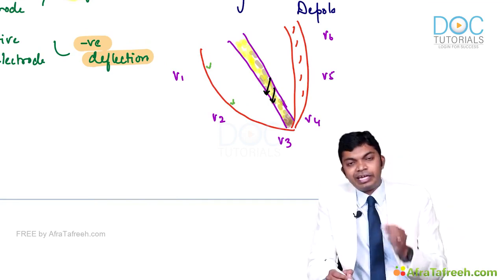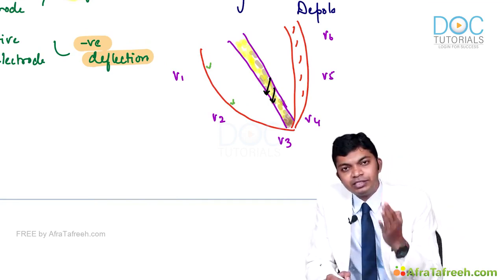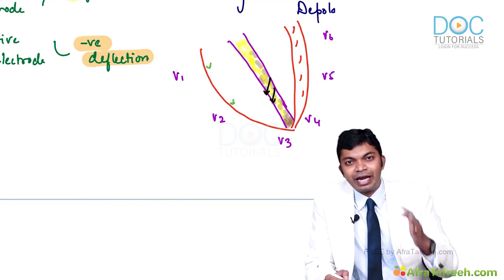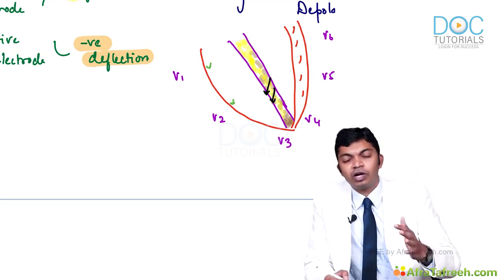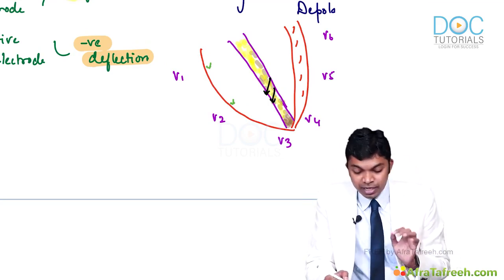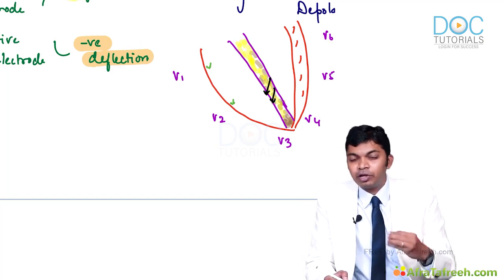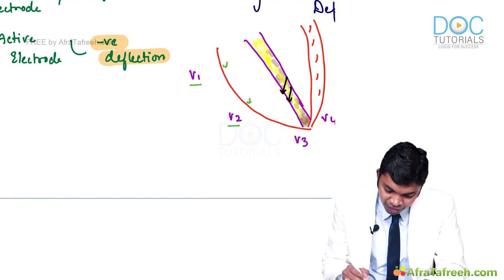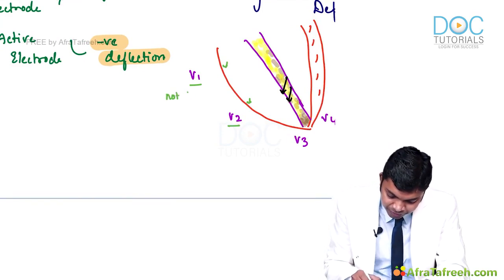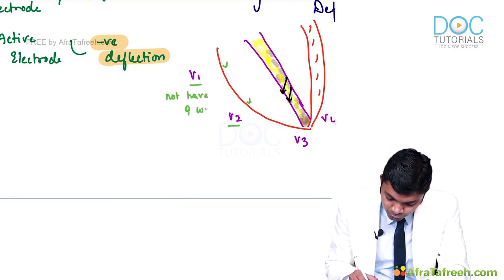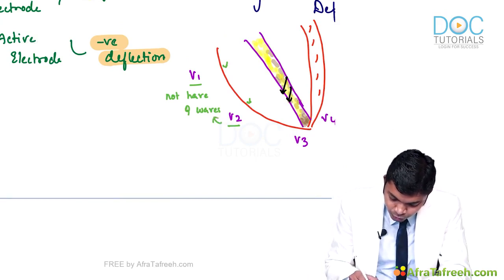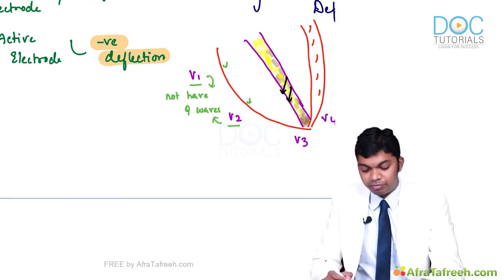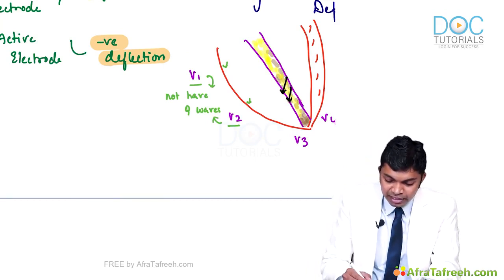We just saw that if a current is traveling towards an active electrode, it will have an upstroke and it will not have a downstroke, isn't it? Since the septum is getting depolarized towards V1 and V2, the leads V1 and V2 will not have Q waves. Leads V1 and V2 do not have Q waves, doctors. Please remember, Q wave is physiologically absent